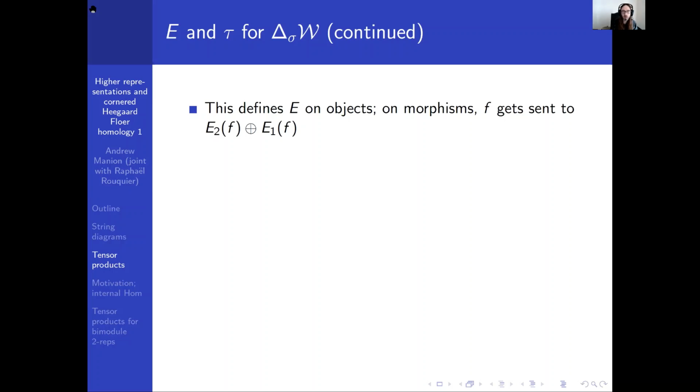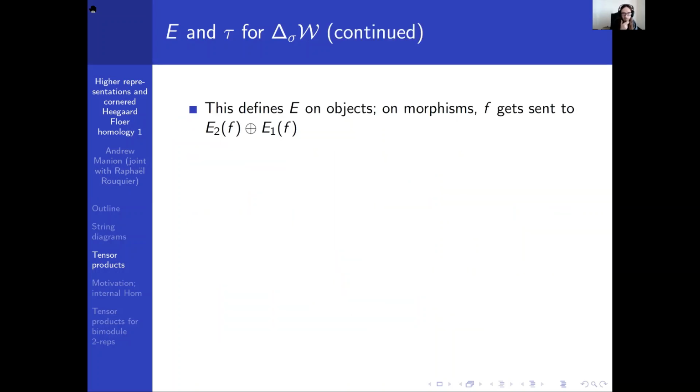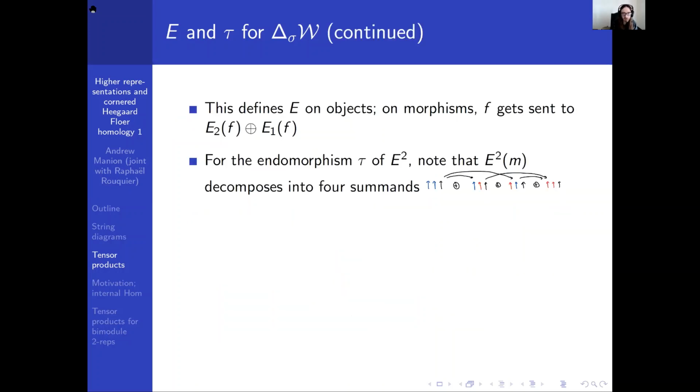And so then one can check that this defines, I'll say that as a theorem in just a second, a DG functor from this DG category delta sigma W to itself. And then the final thing that I need is an endomorphism tau of this DG functor squared. Okay, so if I have E squared and I apply that to M, E takes M and it does blue strand M plus red strand M with differential. So if I do that twice, I'll get 4 possible things: blue blue, blue red, red blue, and red red,